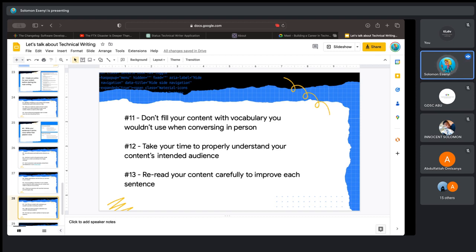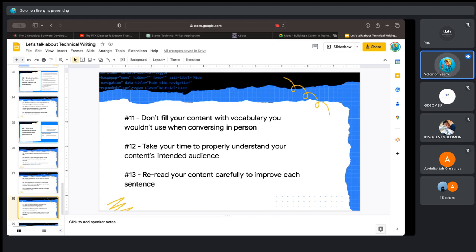If you're writing an article for beginners, for example, there are some terminologies or concepts that you might not want to include. And whenever you're telling them about a particular thing, you might want to go in depth because they might not have an idea of what to do. If you're writing for experts, there's some terminology you are free to use. There are some steps where you can just reference another article and tell them to follow it, because you assume they are seniors already, so it will be quite easy for them to scale through. So just understand your audience first and use that as a guide whenever you're writing any article or documentation.